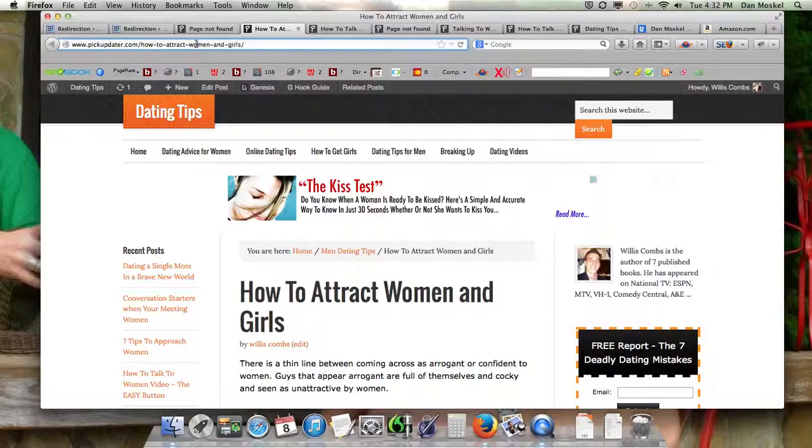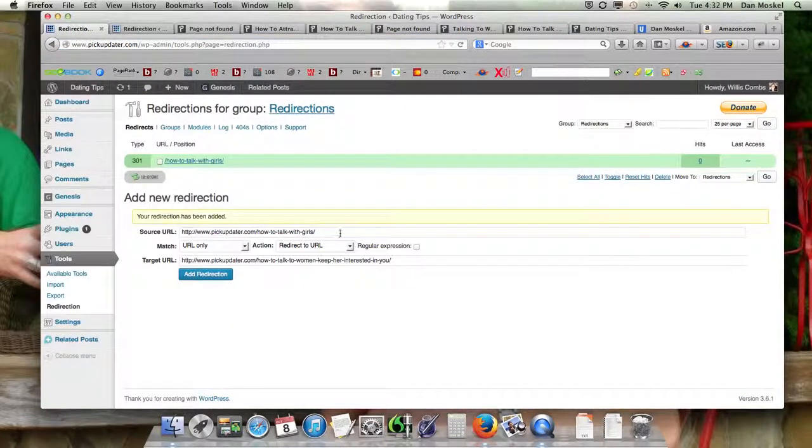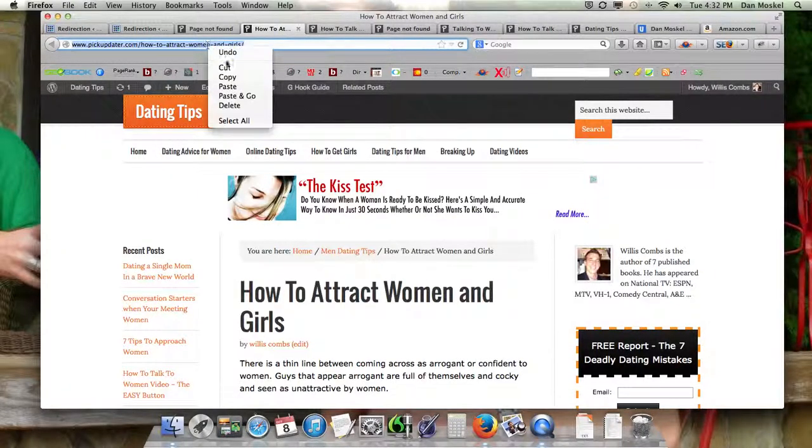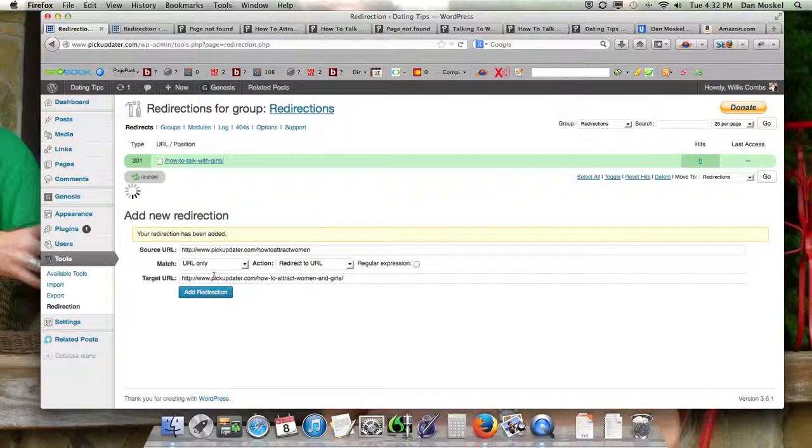We changed the address, we changed the phone number. So the first thing we have to do is copy the URL that's not showing up, the 404. And we paste that into our source URL. And then the real page, the page where we now want to send them, our new address, our new phone number, is the target URL. I don't usually check this regular expression box. It may be of benefit to. I haven't had any problem checking it or not checking it. I believe with one website I did have to check it, but it was a site that had all these different things happening. So once we click this Add Redirection,